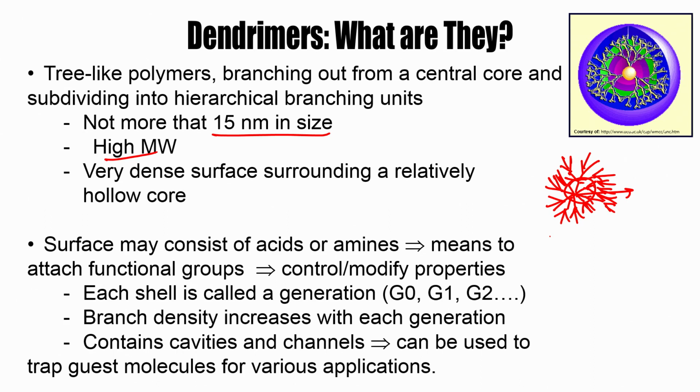So these surfaces may consist of some acids and amine or other functional groups that you can use to attach different drugs. So typically the drug is covalently attached to it. So you can then attach your drug D to all of these outside branches, and because of its nano size there is a very high surface area, you get a very high drug encapsulation or drug conjugation on the surface. And the way these are defined is they are called generations. So G0 is the initial core, the first branching is essentially G1, the subsequent branching is G2, and so on and so forth. Typically these go on up to G6, G7,